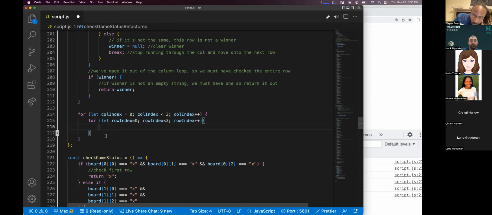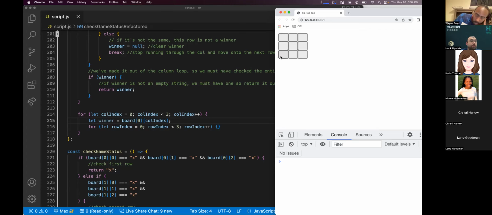Because again, we want to start here. We want to start at this X. Then we want to go down and we want to check whatever spot is here against whatever is in here. Then we're going to move down and check whatever is here against whatever is here. And if we've made it down to the bottom where there are no more rows to check and they are all the same, then we must have a winner.